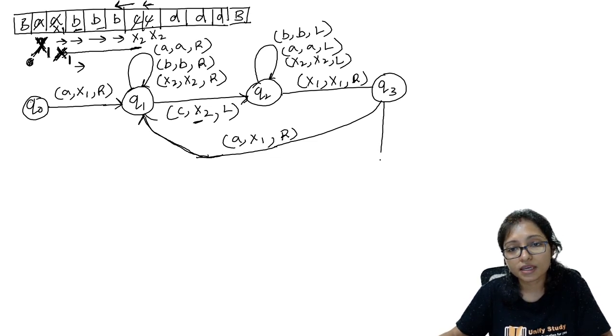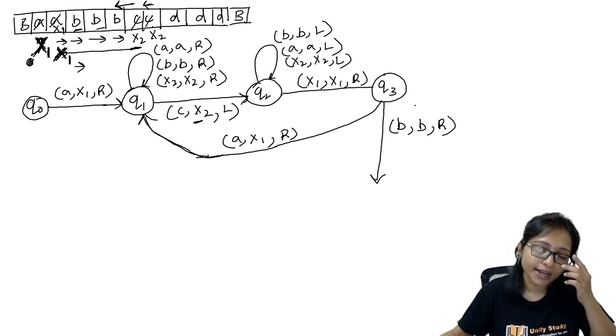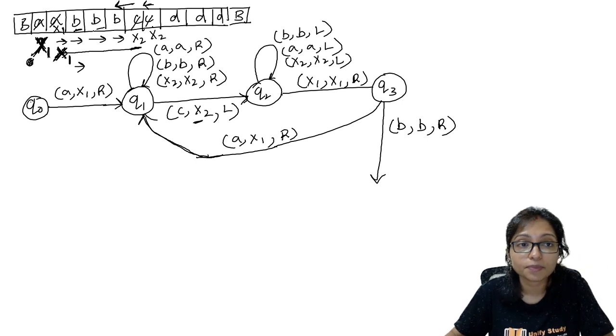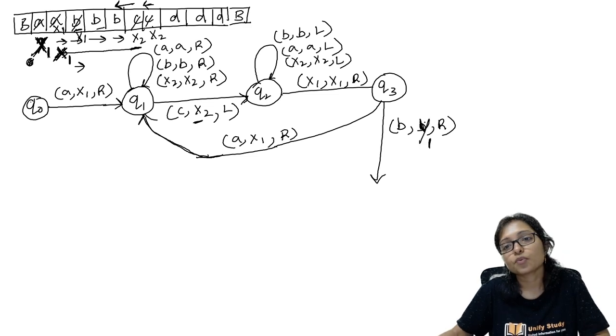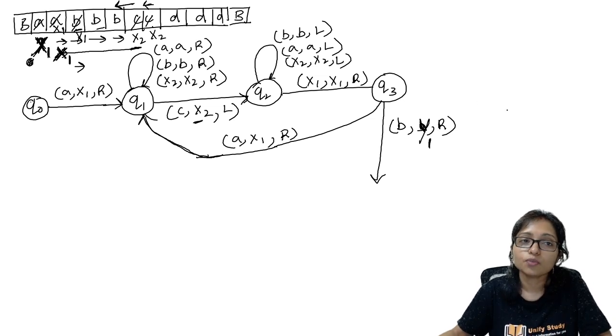For this b, I am getting here b. That's why b will be b as it is, and after that I am going to the right direction. Because b now comparison is going on, b I have to replace with y1. So b I am replacing with y1, and after that I will move to the right direction to get the next